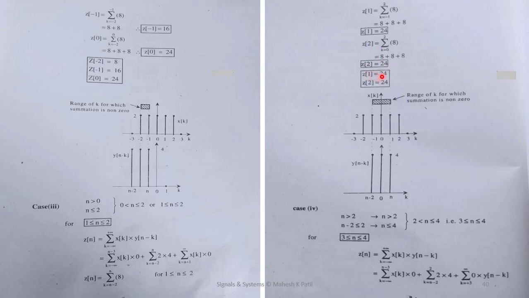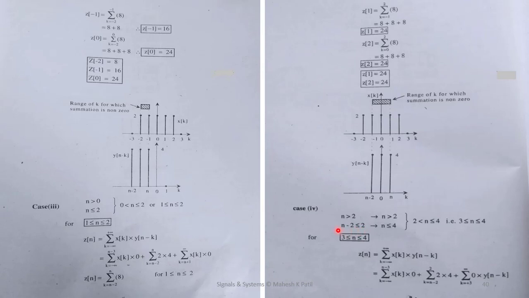So z of 1 is 24 and z of 2 is also 24. So in this way we can consider this case 3, that is n greater than 0 and n less than or equal to 2. Now the case 4 is n greater than 2